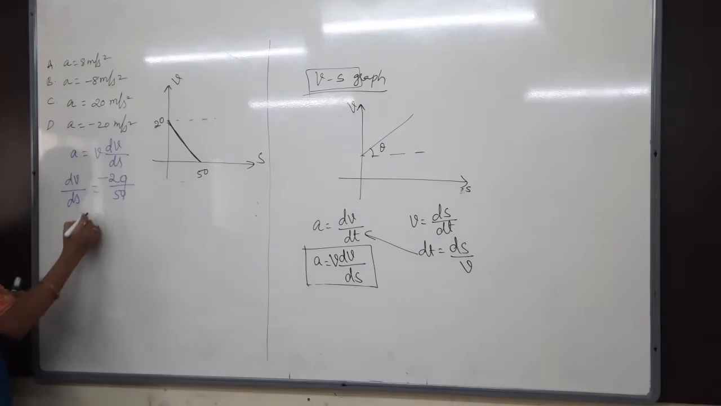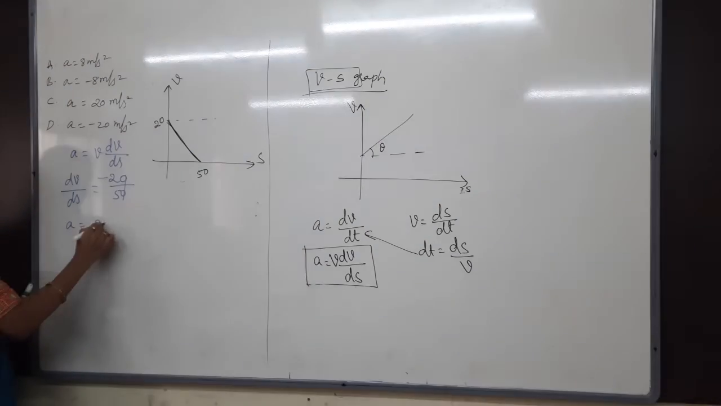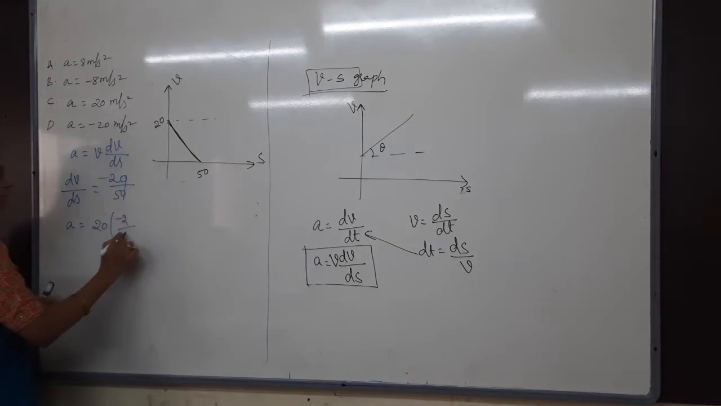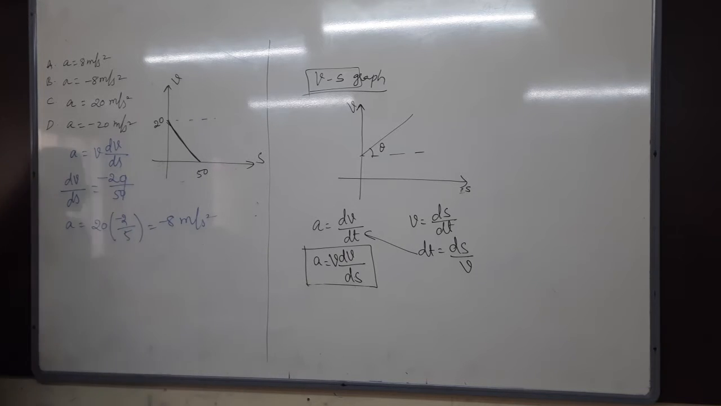Then acceleration is, as I said, velocity into dV by ds. Velocity is how much given? 20. dV by ds is minus 2 by 5. So this will be how much? Minus 8 meter per second square. Understand it clearly? Then